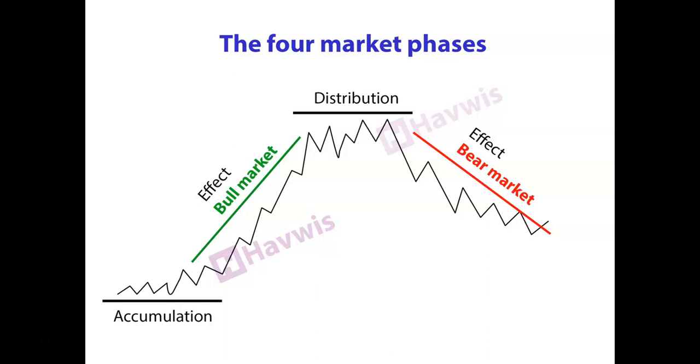So in the bull run, at the end of the bull run, during the distribution phase, as an investor, you are looking to sell. And if you don't want to sell at that time, you can actually leave it for the next bull market. The next bull cycle will be higher than the previous bull cycle. For every good stock or coin, that's how it works.